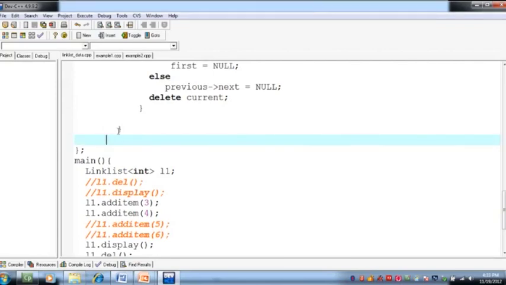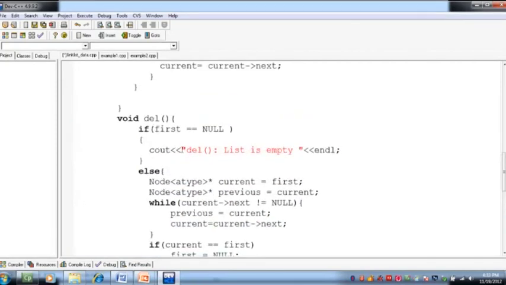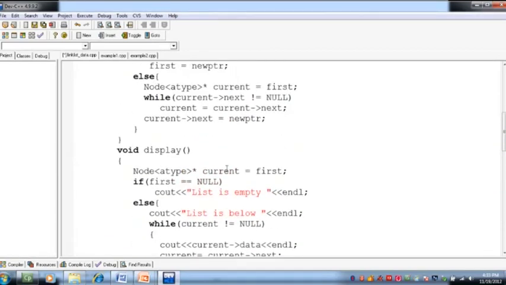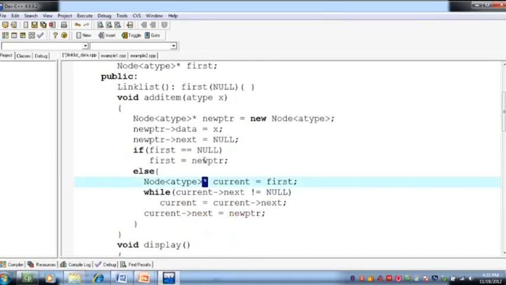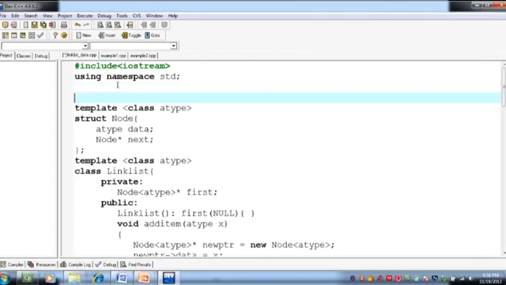Now we can include the exceptions. So exception is the, here we can throw the exception, delete exception. Let's say there is no item to delete, then print the message there is no item to delete. And then display में हम empty list की exception लिख सकते हैं, right? So we can have two exception classes,